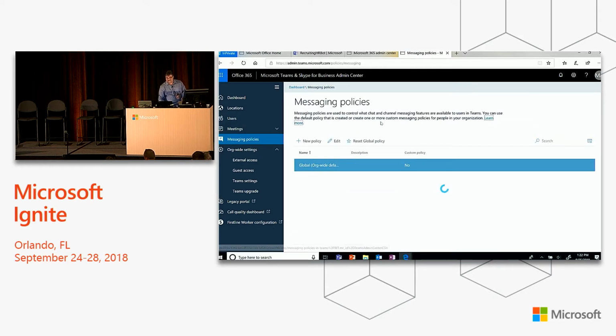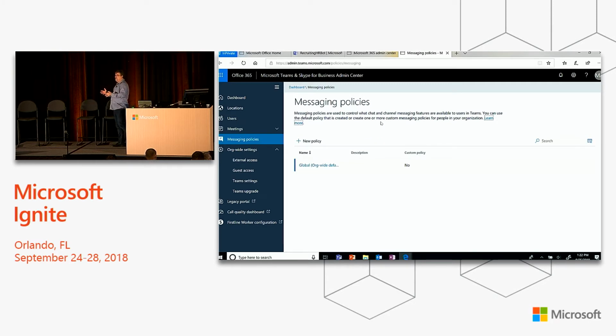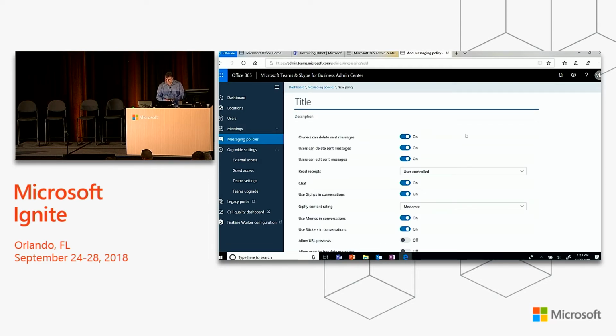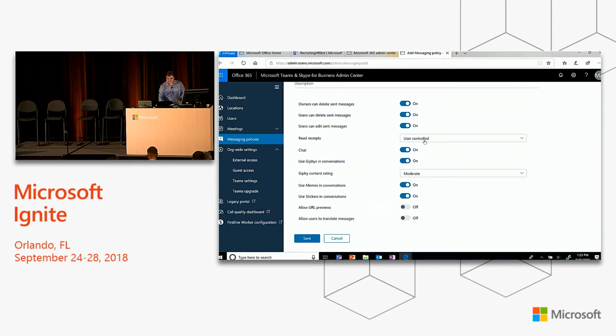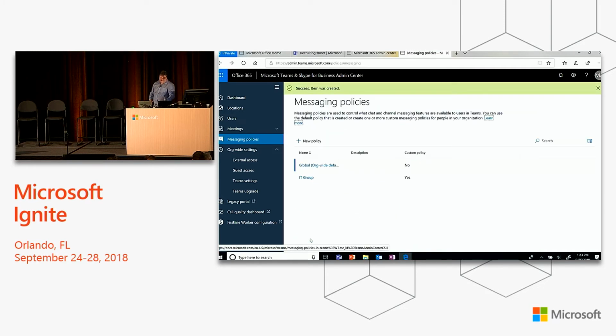If you look, for example, policy is basically an aspect that allows you to stipulate default settings for a community of users. And you can stipulate multiple configurations of those settings. So in fact, if I wanted to, I have a default org-wide, but I can create a new policy. And you see when I create a new policy, I can say this is my IT group. And then I can go ahead and actually say which default messaging policies are going to be for that IT group. So I'm going to allow URL previews, and I'm going to save. And now I have another policy group that's opened up for that.